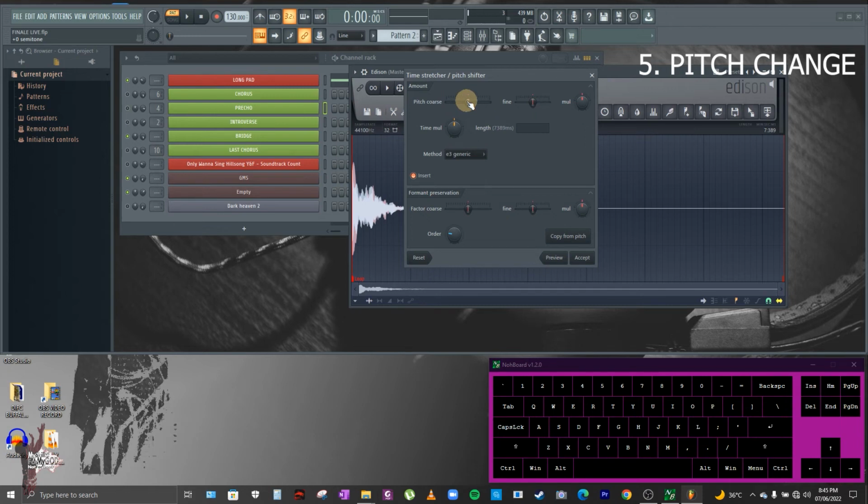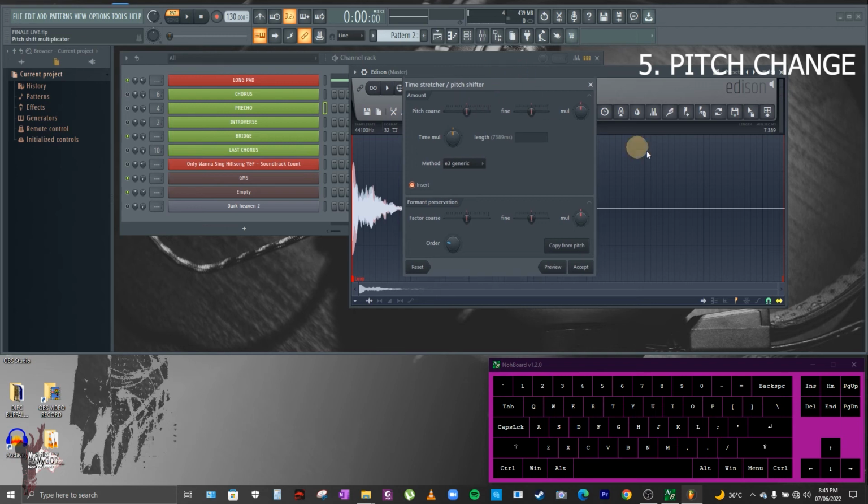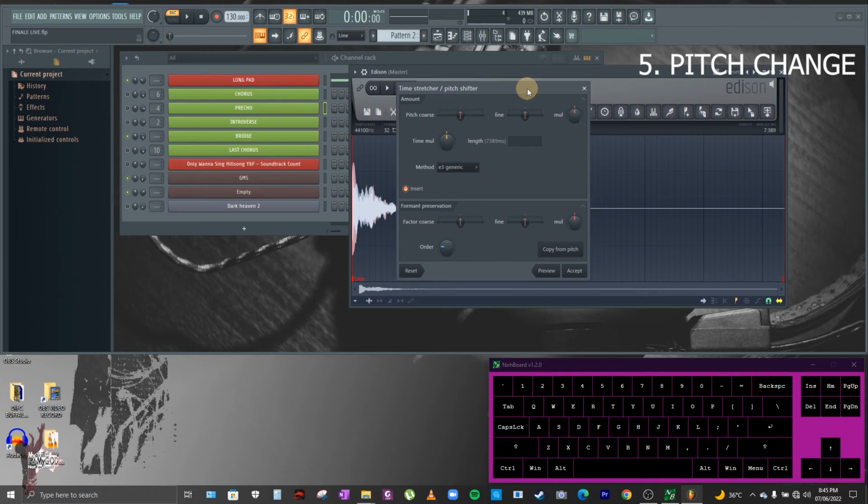So in order to change one key higher in the pitch of this sound, let's say for example, in this one, for the song Only Wanna Sing, the key of this song is in key of G. So if we want to raise it one key higher, which will now become G sharp, we'll just move this forward 1 semitone.